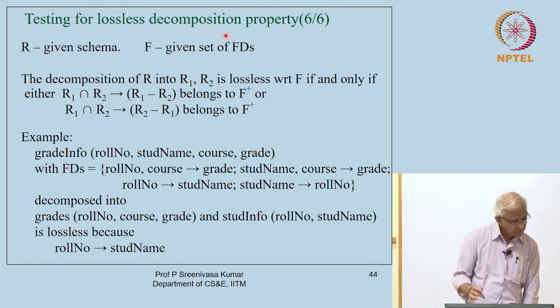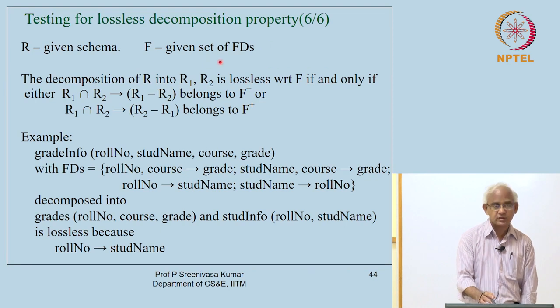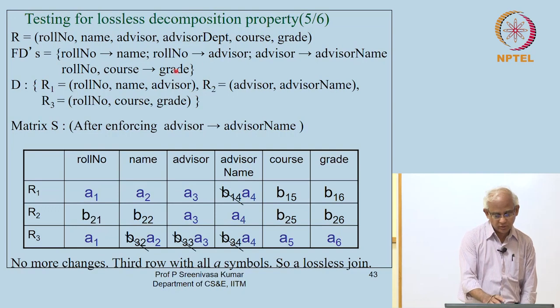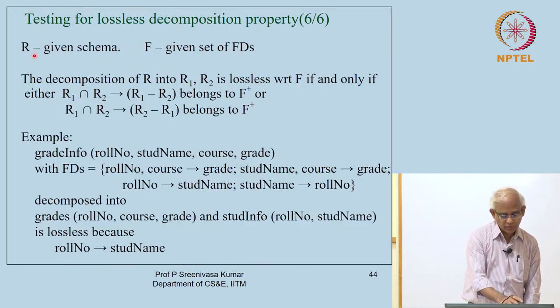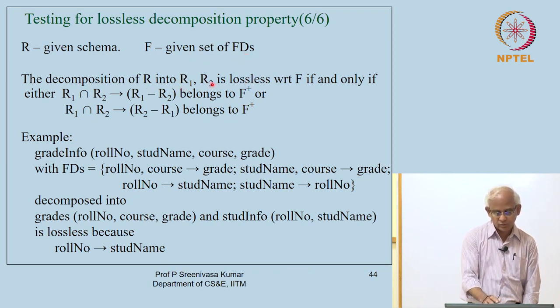Let me just conclude by saying that this particular algorithm is needed when you have more than 2 components in the decomposition. If there are exactly 2, given scheme R and a given set of functional dependencies F, decomposition of R into R1 and R2, just 2 of them, is lossless with respect to F